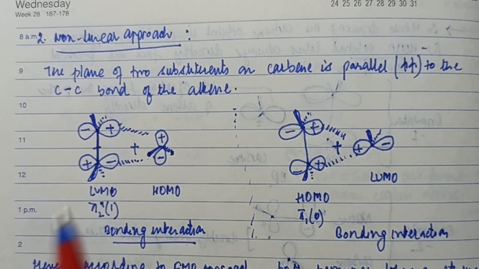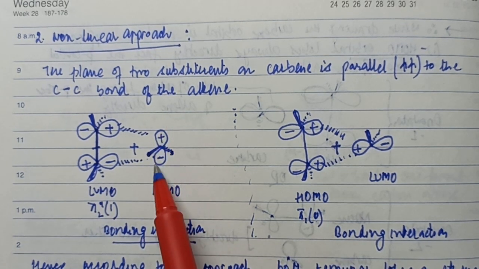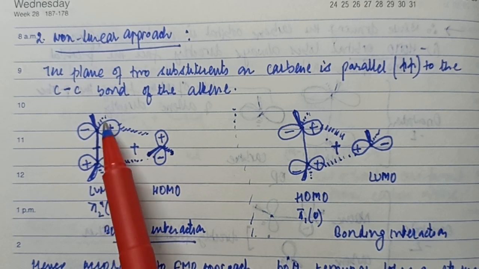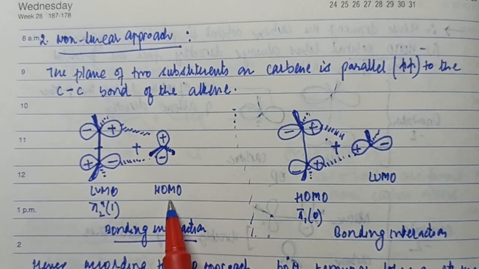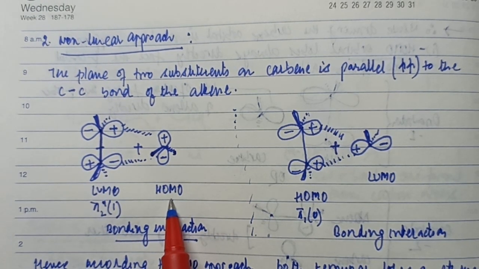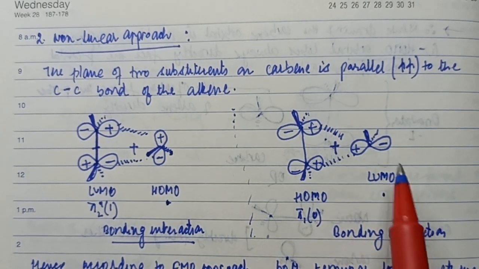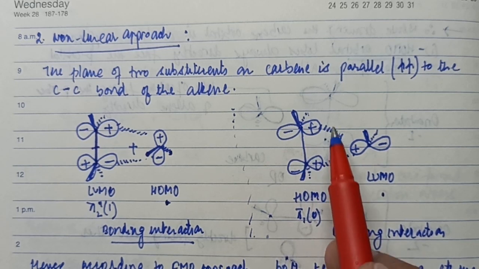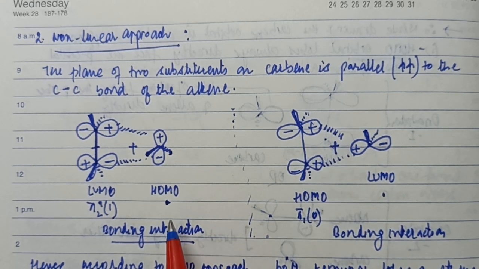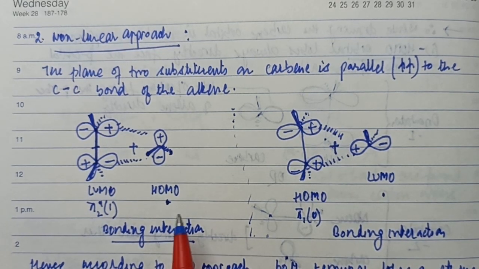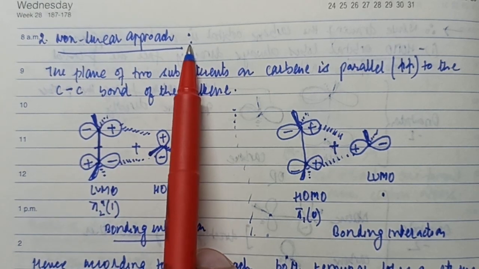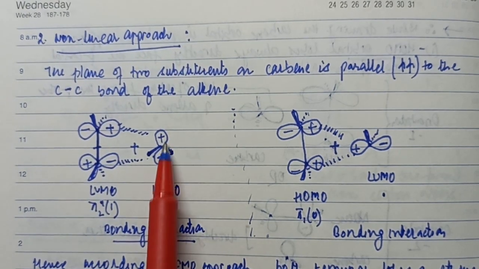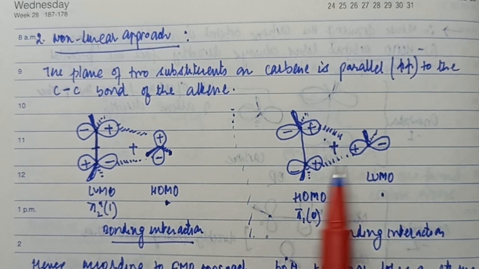Therefore, if I repeat again, the p lobe of the carbene does not directly face the p lobe of the alkene while drawing the HOMO of the carbene, and while drawing the LUMO of the carbene, the p lobe on the carbene should be directly facing the p lobe of the alkene. This is the orientation one has to remember while considering the non-linear approach. So two orientations: HOMO, the p lobe is not directly facing; LUMO, the p lobe is directly facing.